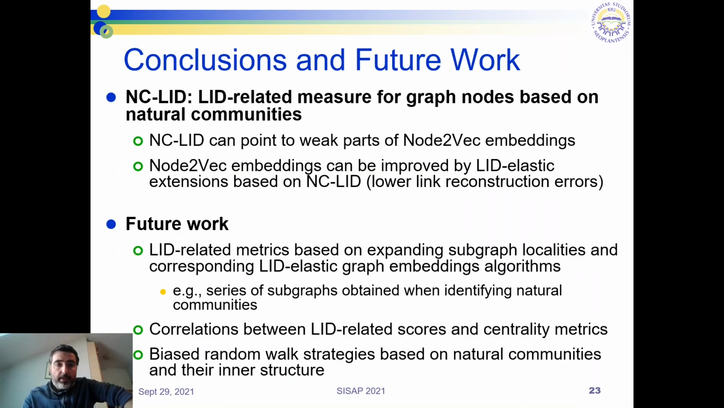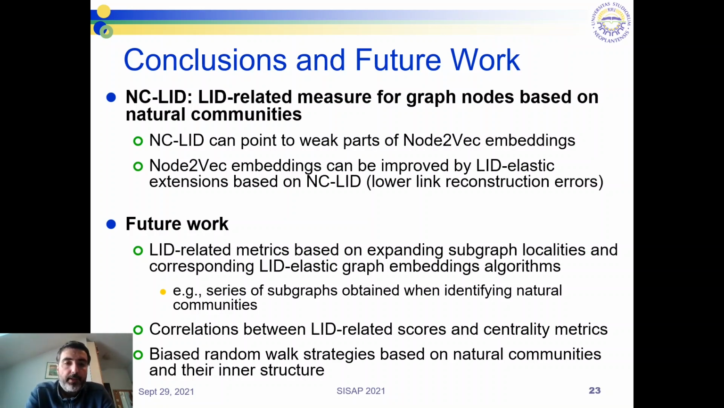So to conclude, yes, this is probably the first work on connecting the notion of LID and graphs and graph embeddings in particular. We saw that this measure we introduced based on natural communities can identify where a given graph embedding method, node2vec, is weak, and it can also improve it